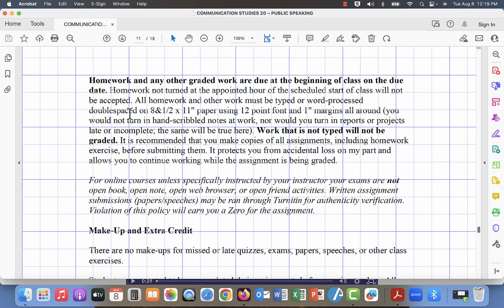All of your work must be typed, and any written work that you submit must be in PDF format, and that PDF gets uploaded to the Canvas assignment. A little bit later in this video, you will see a Canvas tour